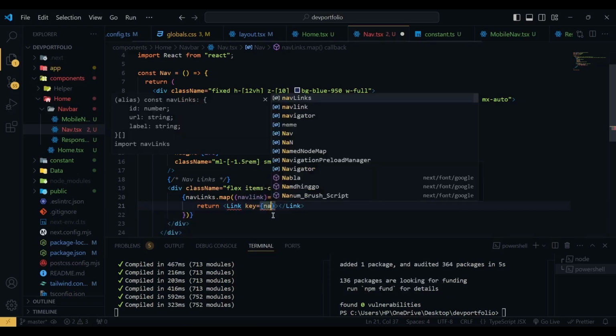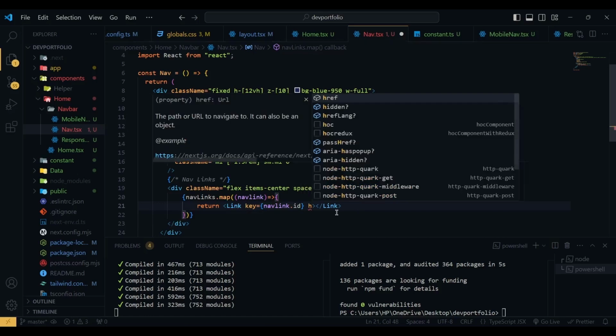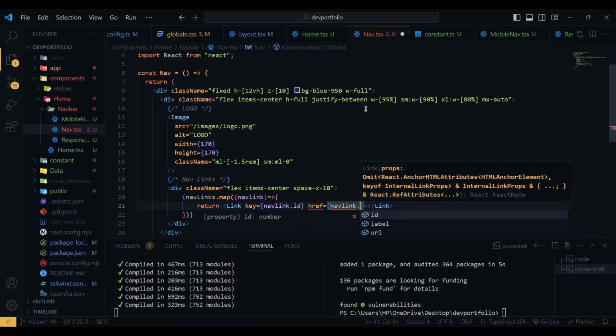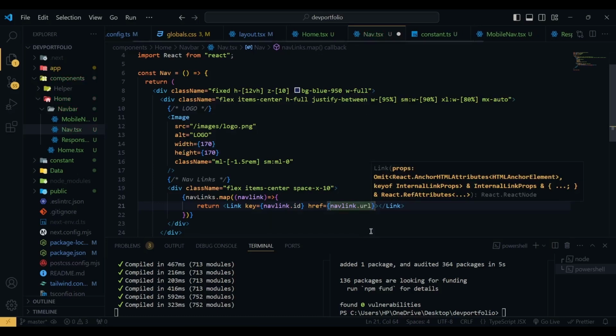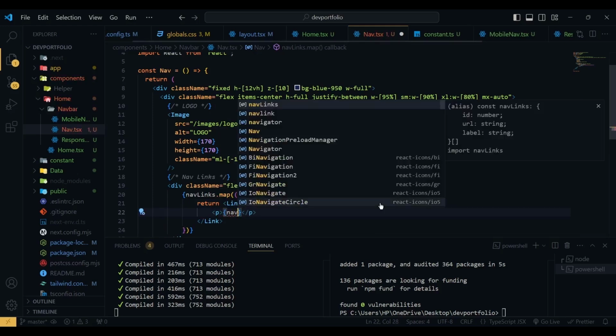The key will be navLink.id, and then href will be navLink.url. Now inside this link we're going to have a p tag with our navLink